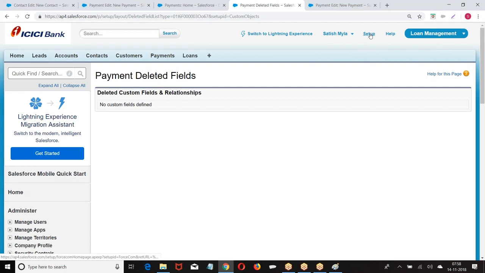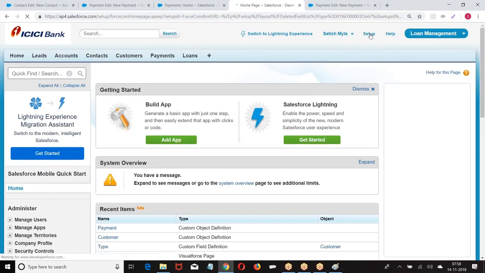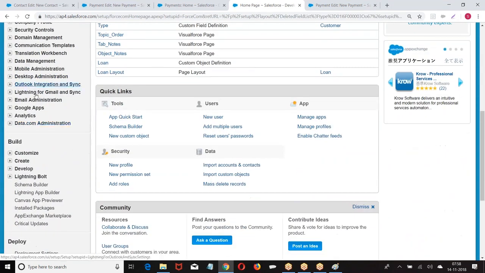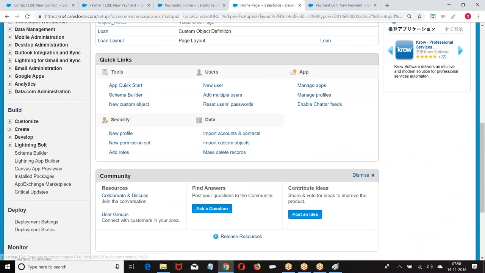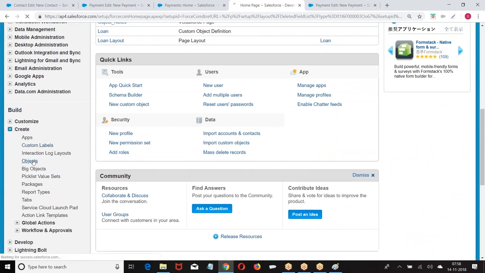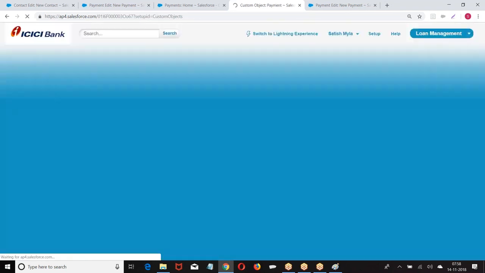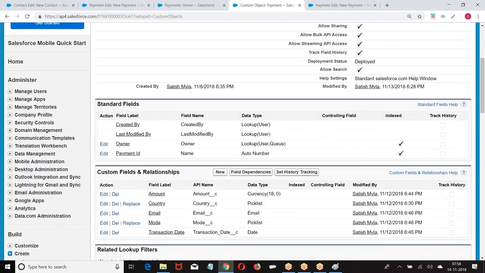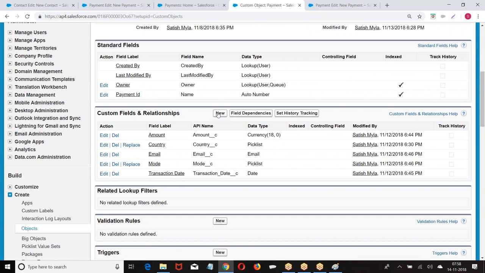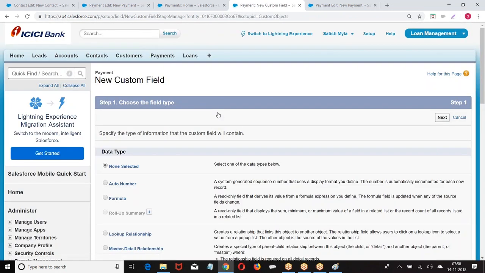Look at the point again. Setup, build, create, objects, payment, custom fields and relations. If you create one field, everything is the same. No need to have extra logic.